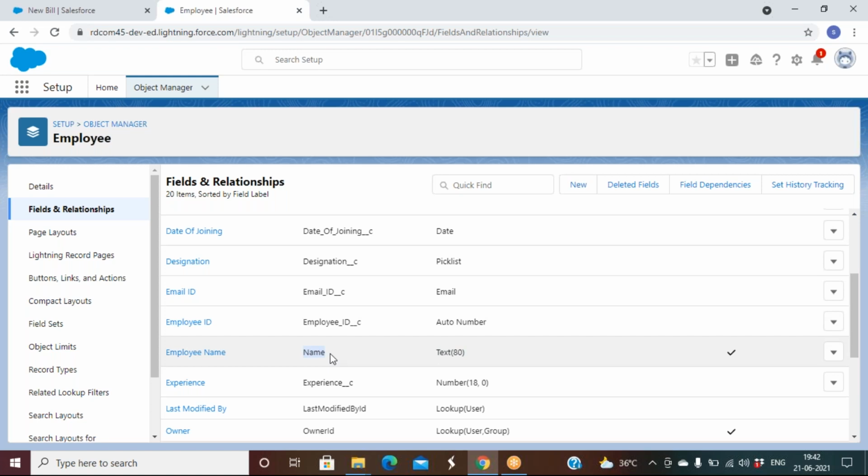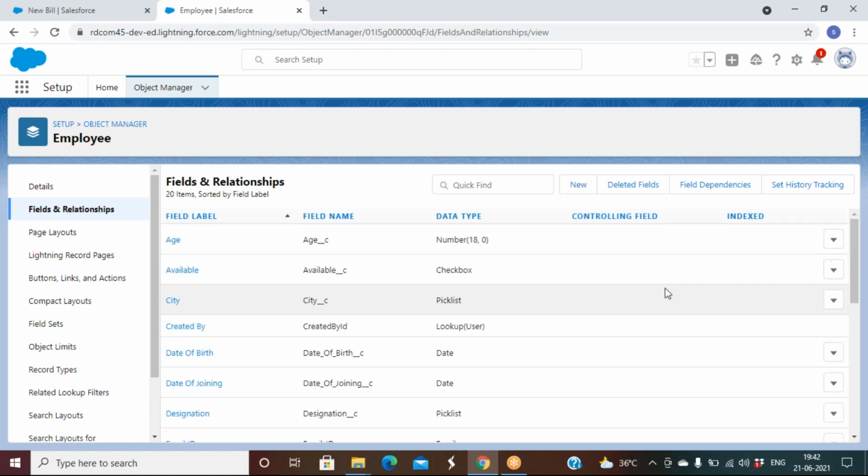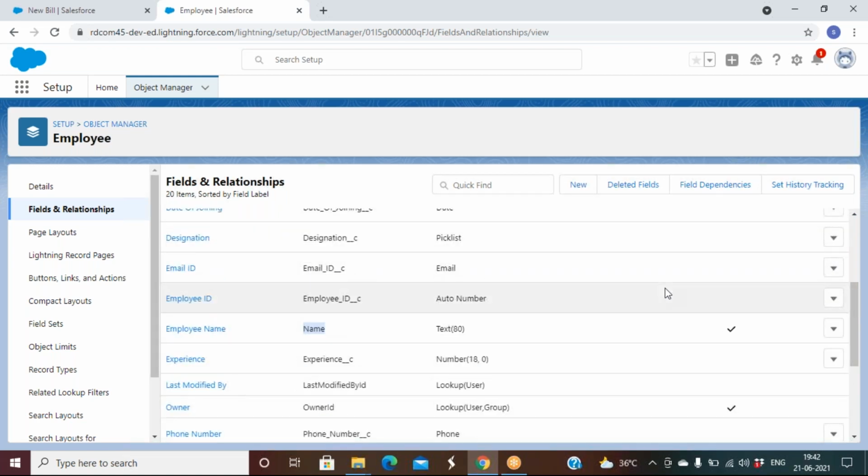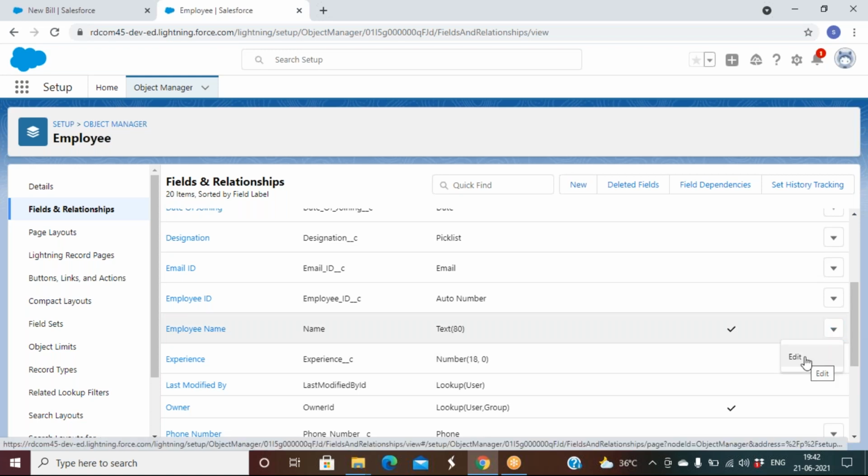Sir, how is yours showing on the index, is there a check mark? Right now the auto number and text in mine is exactly like yours, but you have the index check mark in front of employee name. I've tried to modify it because my index check is in front of employee ID, not employee name. That's what I'm saying.